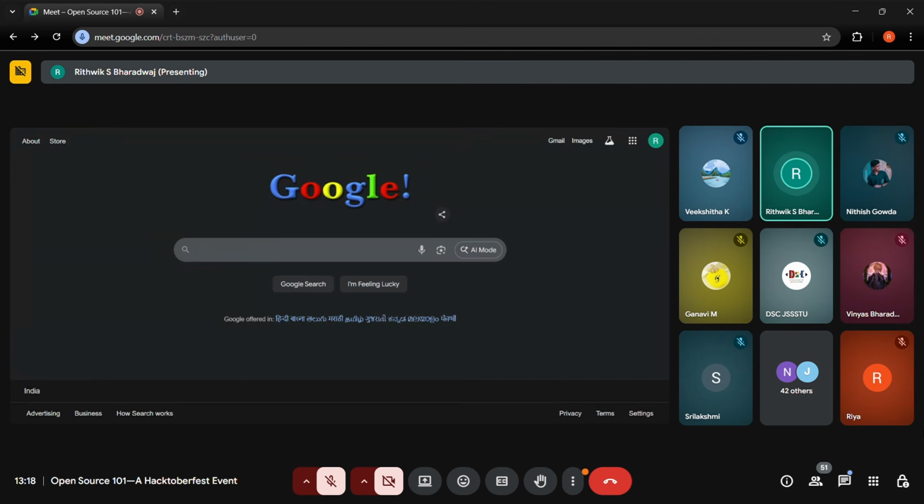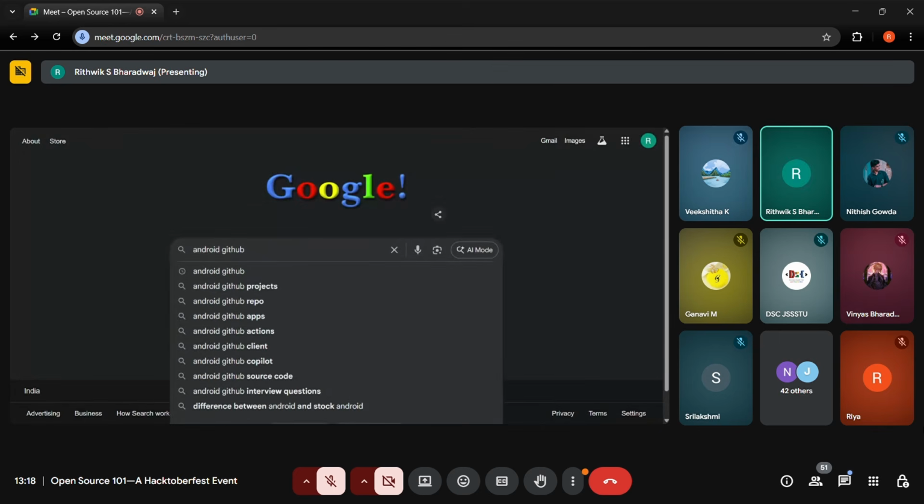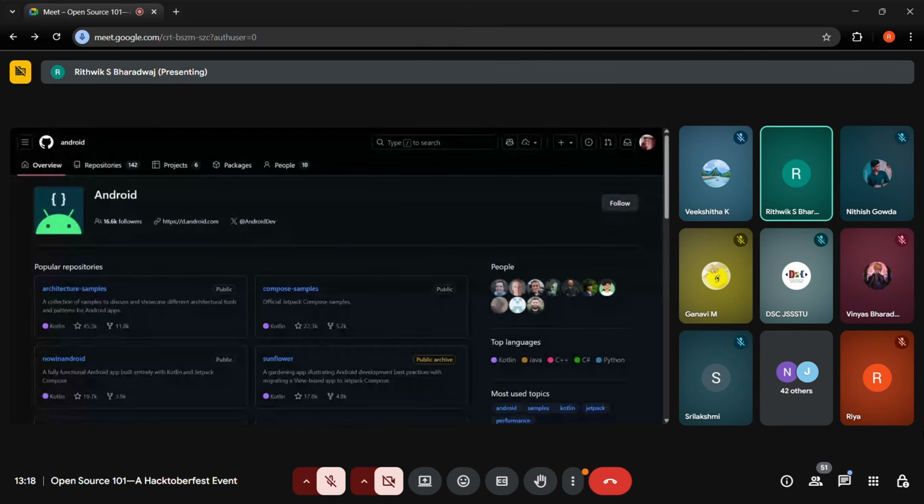For example, I took the example of Android, right? So let's look up Android GitHub. In case there are people who don't know what GitHub is, I'll clarify. All along, we were talking about the fact that we can publish our code, correct? Publicly. Where do I publish this code? I can publish it on Git platforms such as GitHub and GitLab. On these platforms I can view these publicly posted codes.